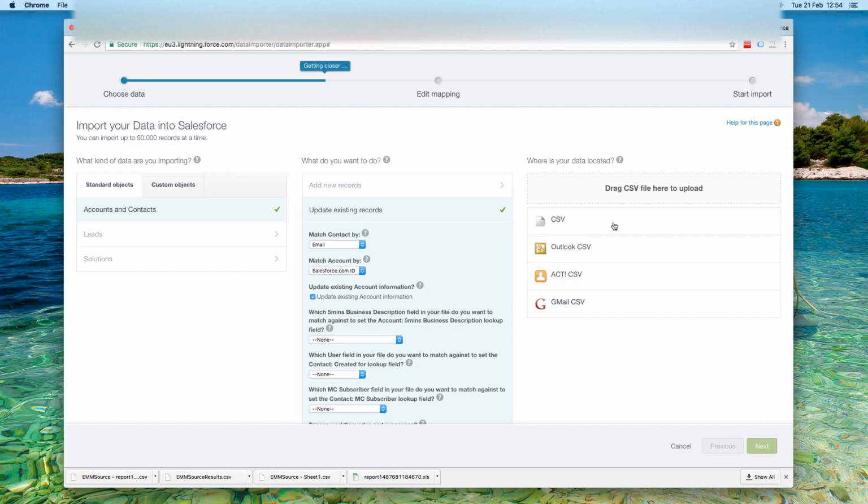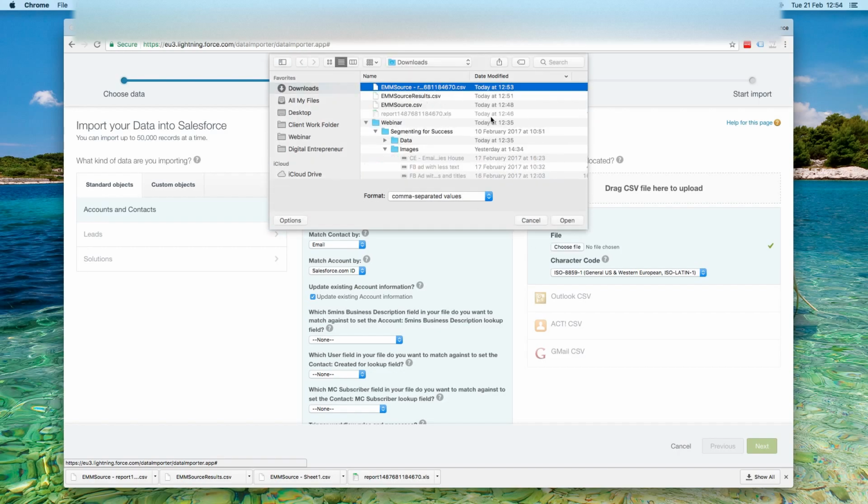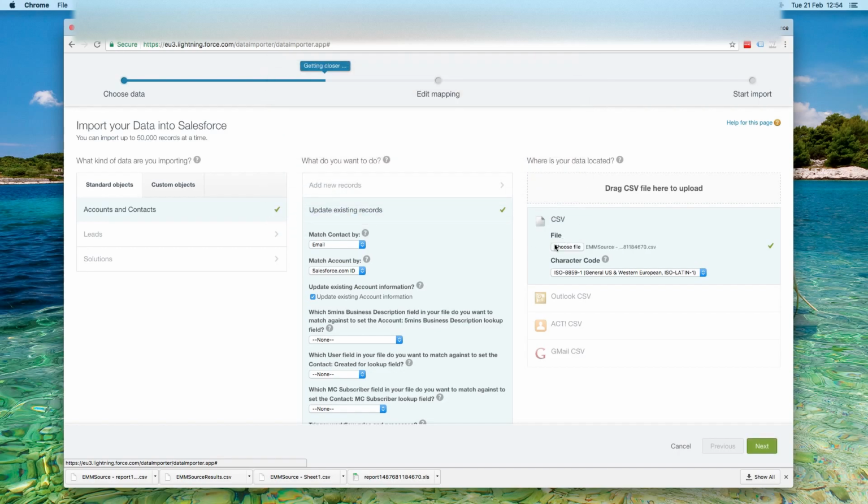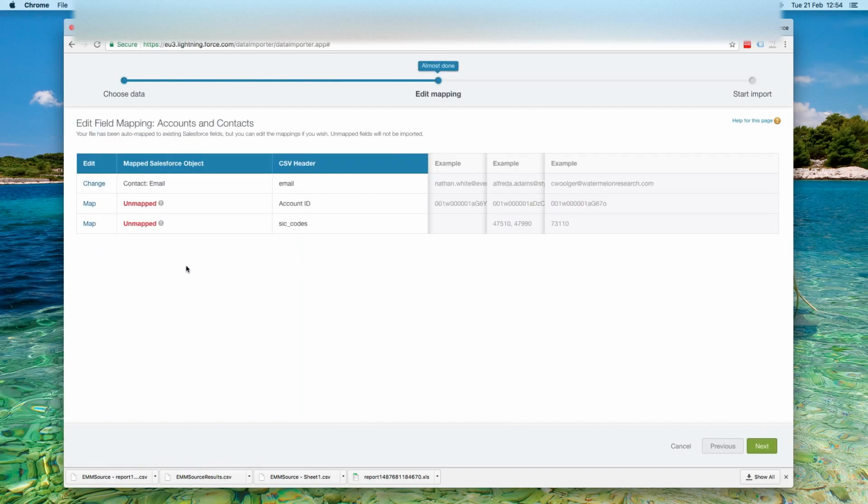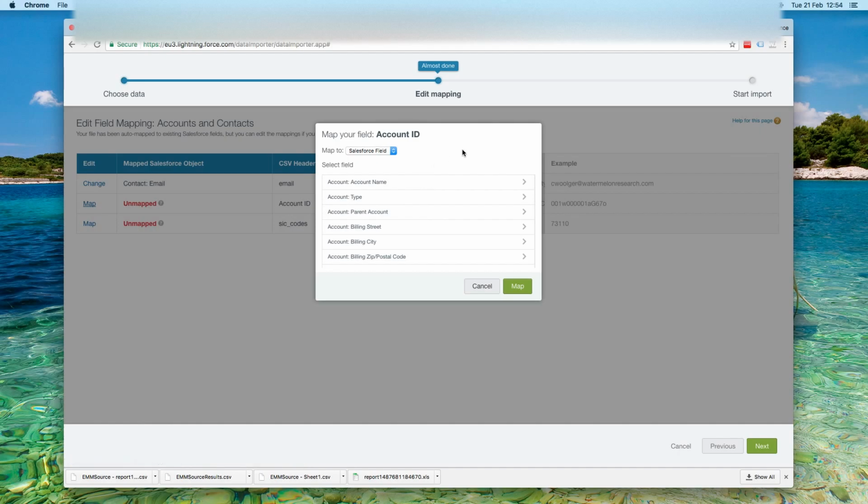Once you've clicked on CSV, you will be able to choose the file that you want. Select Choose File. That's the file that I want. Click Open. Once I've done that, you can leave this as it is. Click Next. This will then take us through to the final step, which is mapping. Click on Map. Select Find Salesforce